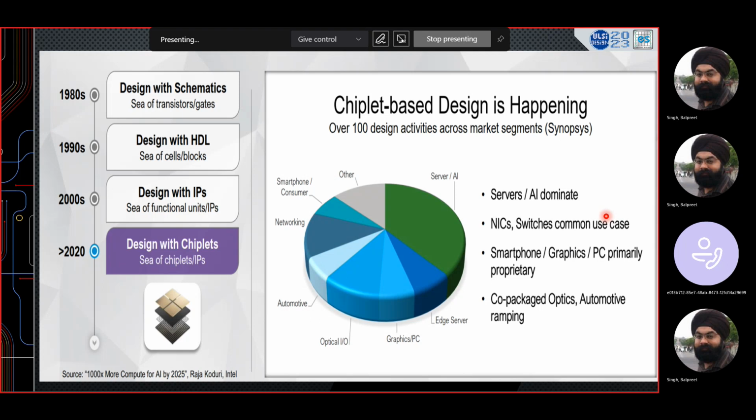So if you are trying to create a complex SoC and you want to build, let's say, 500 or 600 cores in a single monolithic SoC, you can't really do that. If you do that,